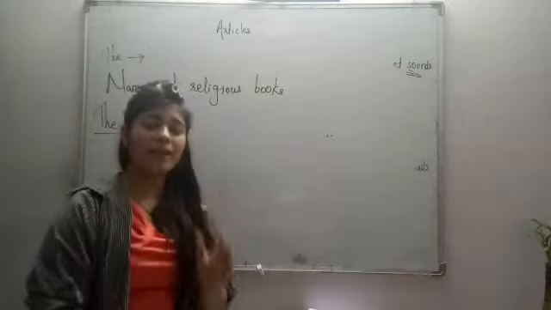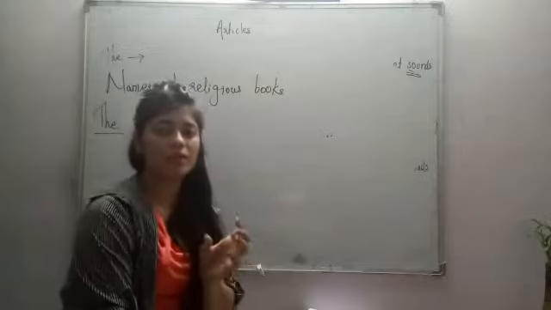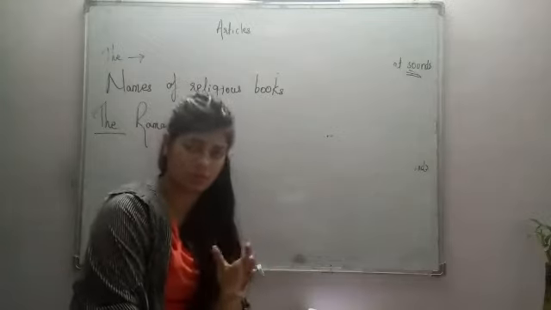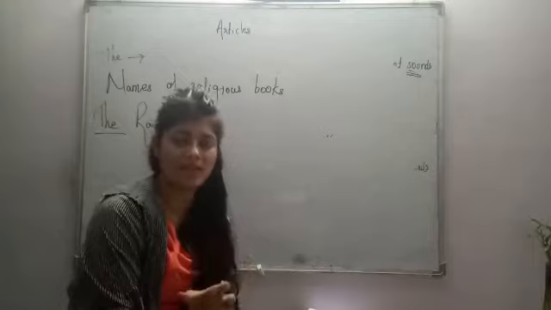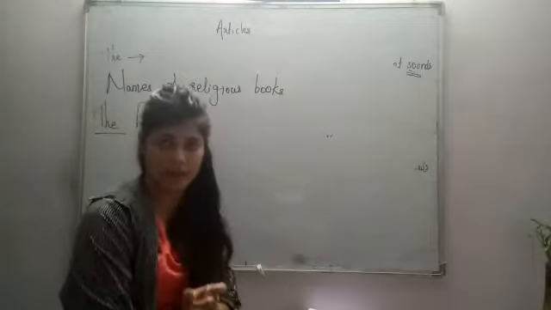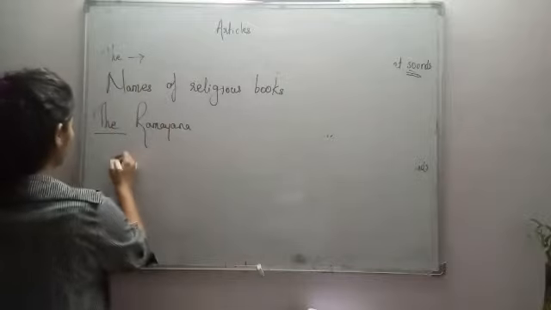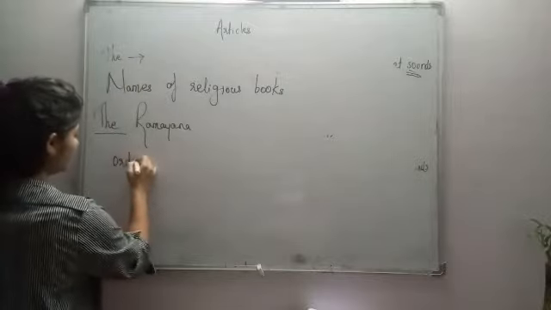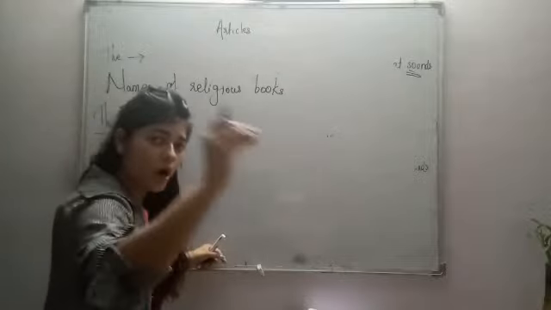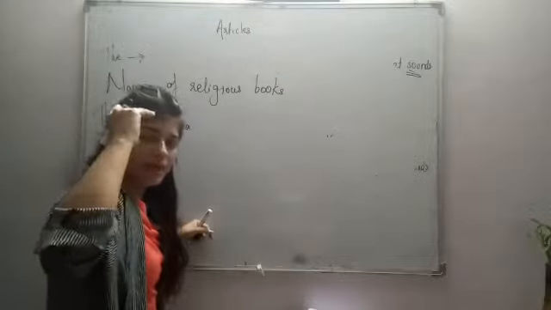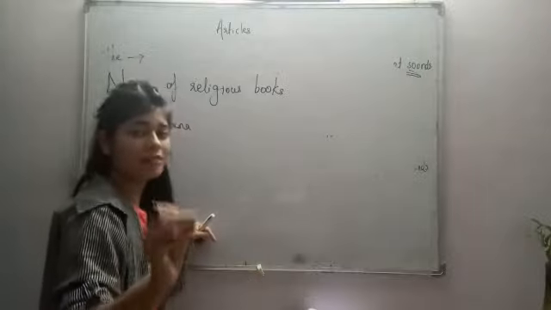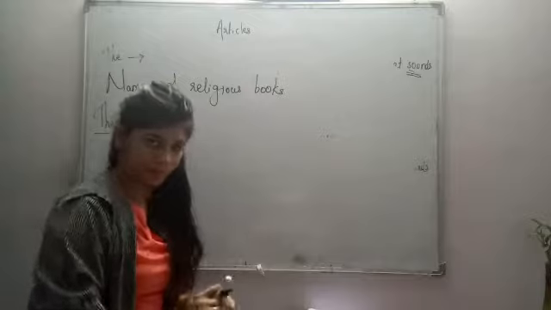Along with it, we generally use article the whenever we talk about ordinals. For example, if I have to say somebody is the first of something, suppose I say Jawaharlal Nehru is the first Prime Minister of India. So in front of ordinals, we use article the. He is the topmost performer of the school. So in that case, I will be using article the.